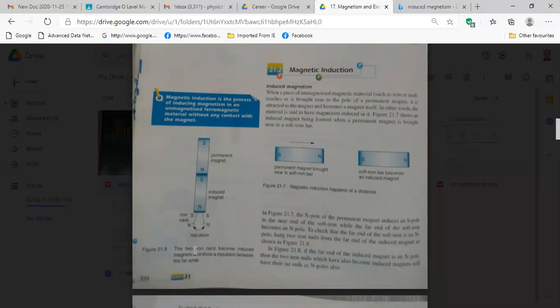But if you remove it from the magnetic field, then it will be like before, not attractive. That's why it is called soft magnetic material. But if you are bringing steel, that one will retain some magnetism, a little bit.